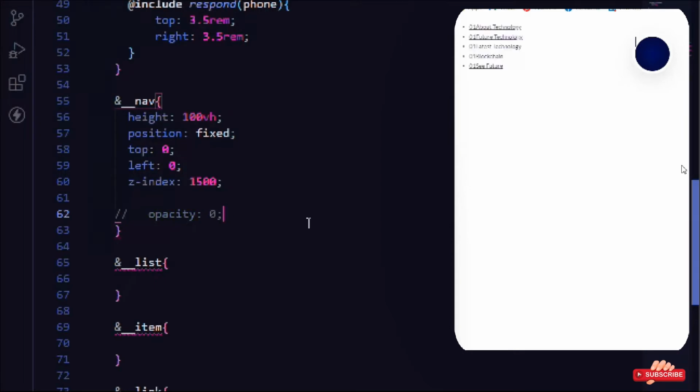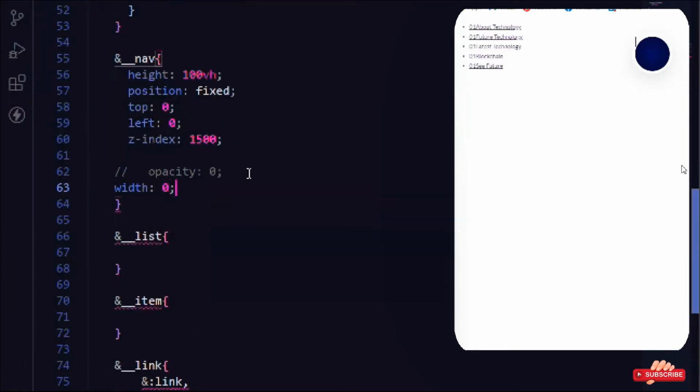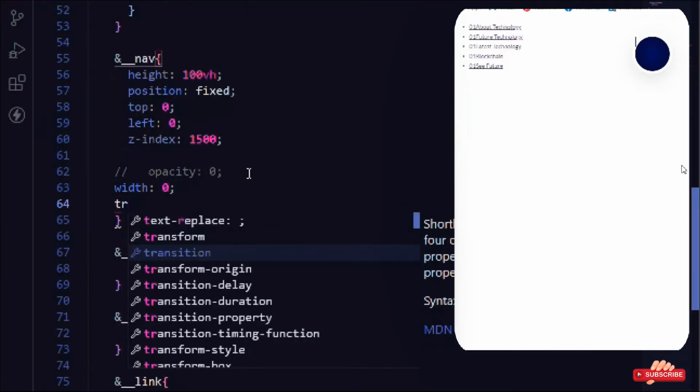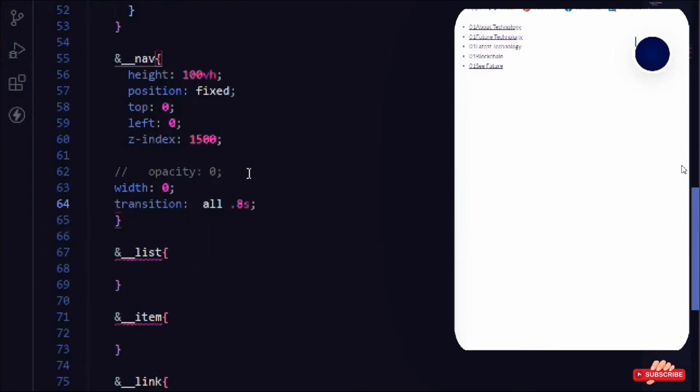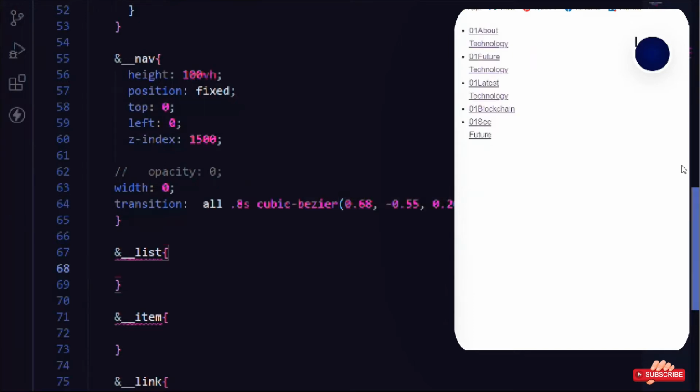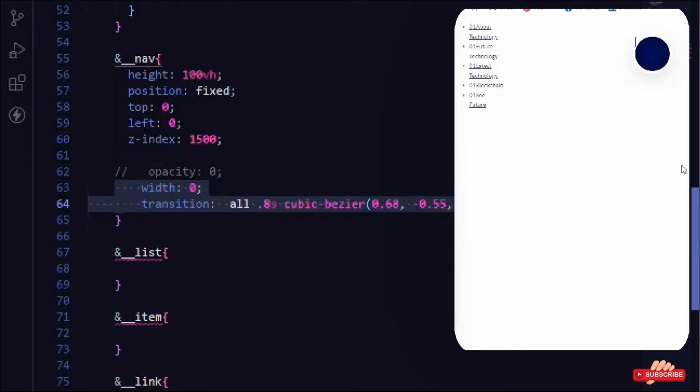Let's comment out this. So width is going to be 0, transition all 0.8 seconds, and this cubic-bezier 0.68, -0.55, 0.265, 1.55. So this is how it will look. We'll have the nice animation. So let's forward this properly. Okay,